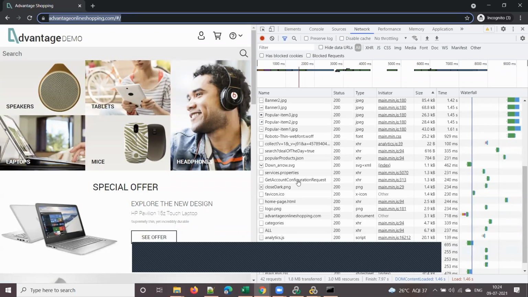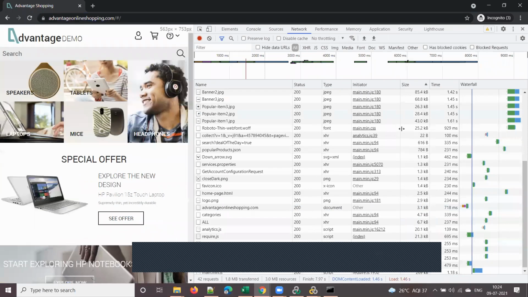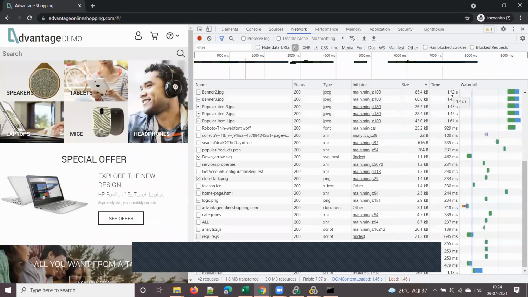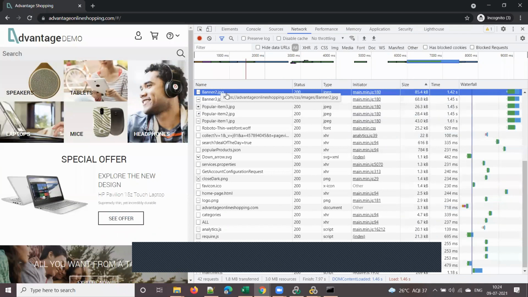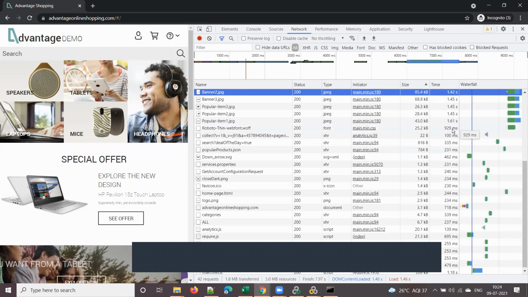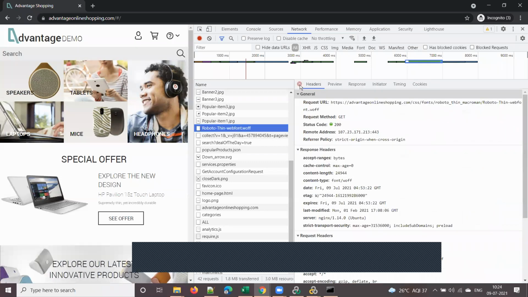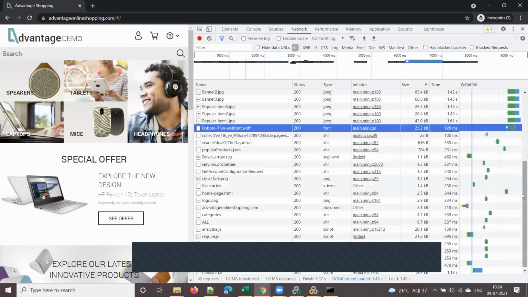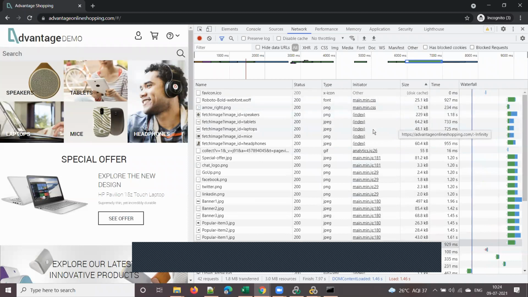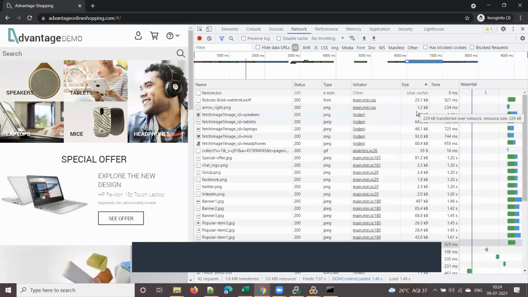This is the total page response time. Out of these 8 seconds, you can see how much time each component is taking. See here, banner 2.jpg, this image took 1.42 seconds, right? And this one took 929 milliseconds. So it will show you how much time each resource is taking, and the size of each resource also.